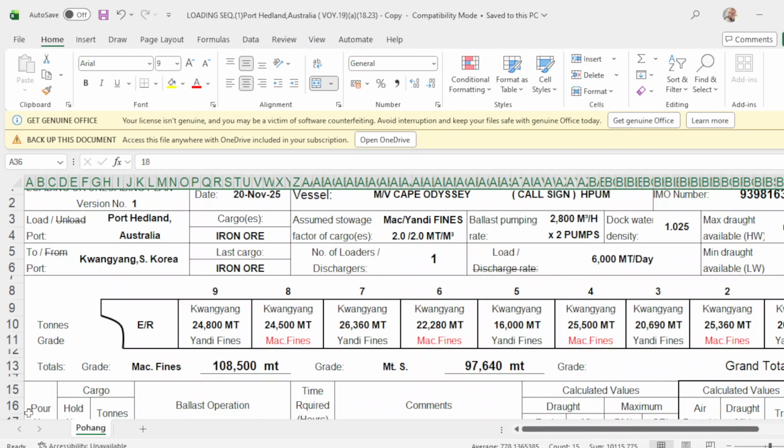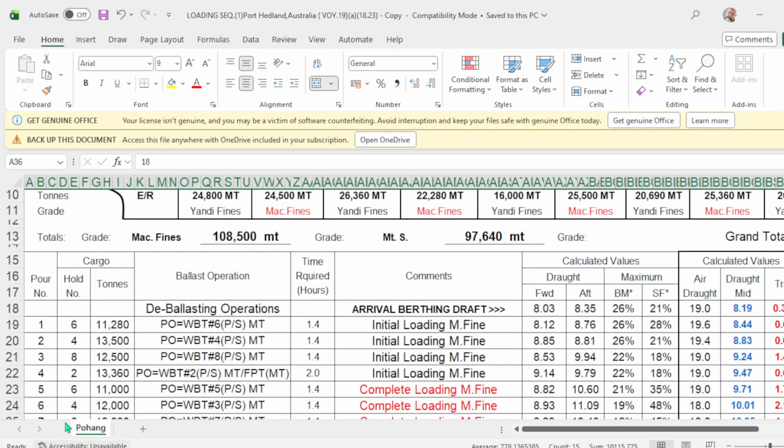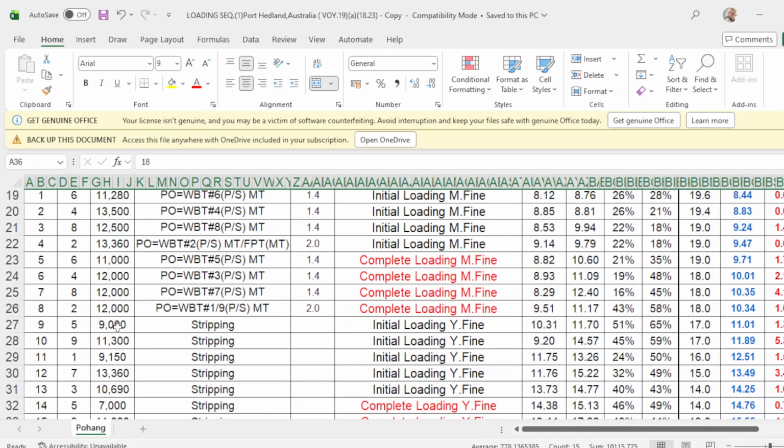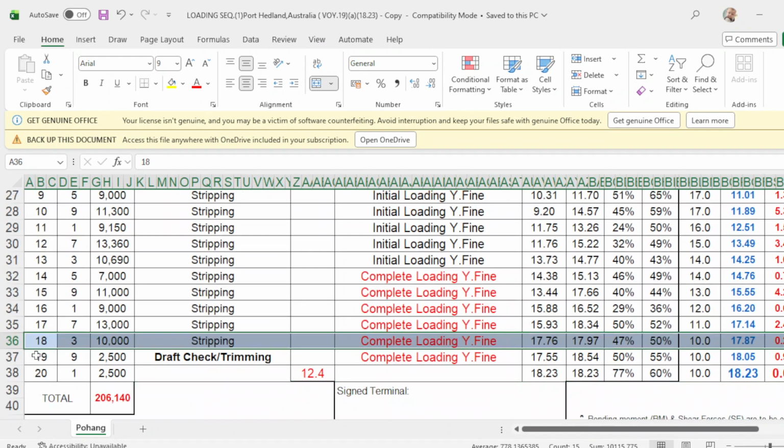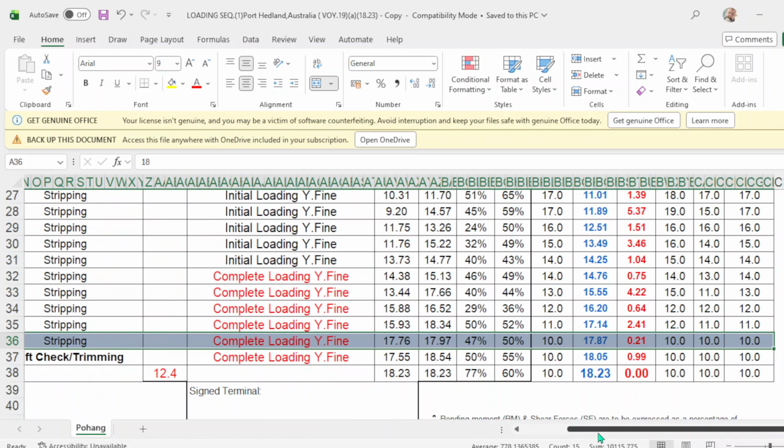So this is your sequence or your pour, and this is your hold. When you have completed your pour number 18 and you have already loaded 10,000, you will stop the operation and advise the chief officer to take draft readings around the vessel.